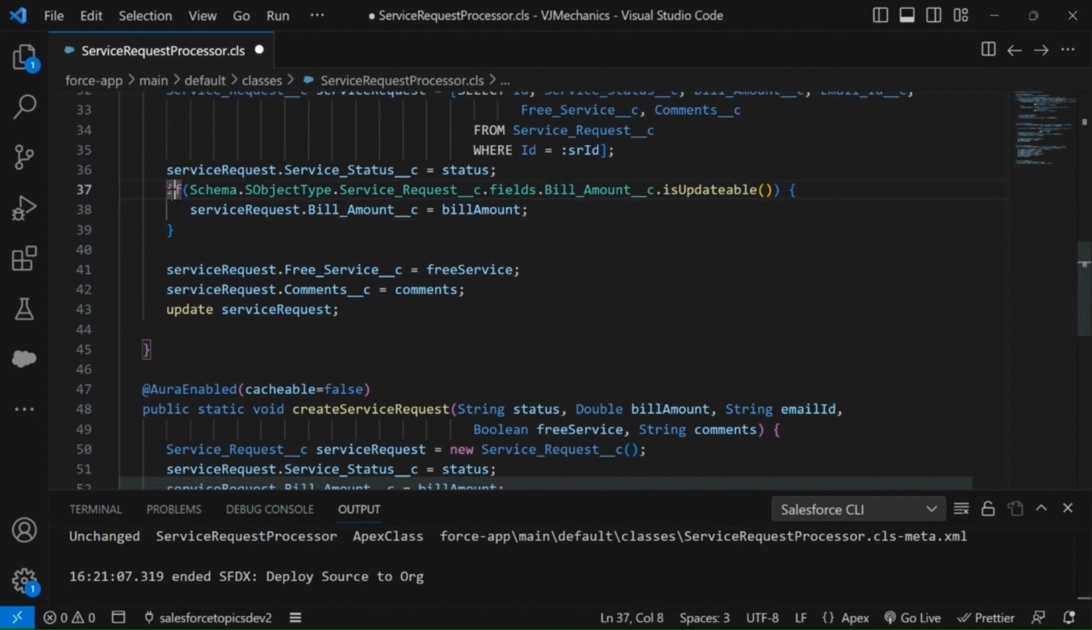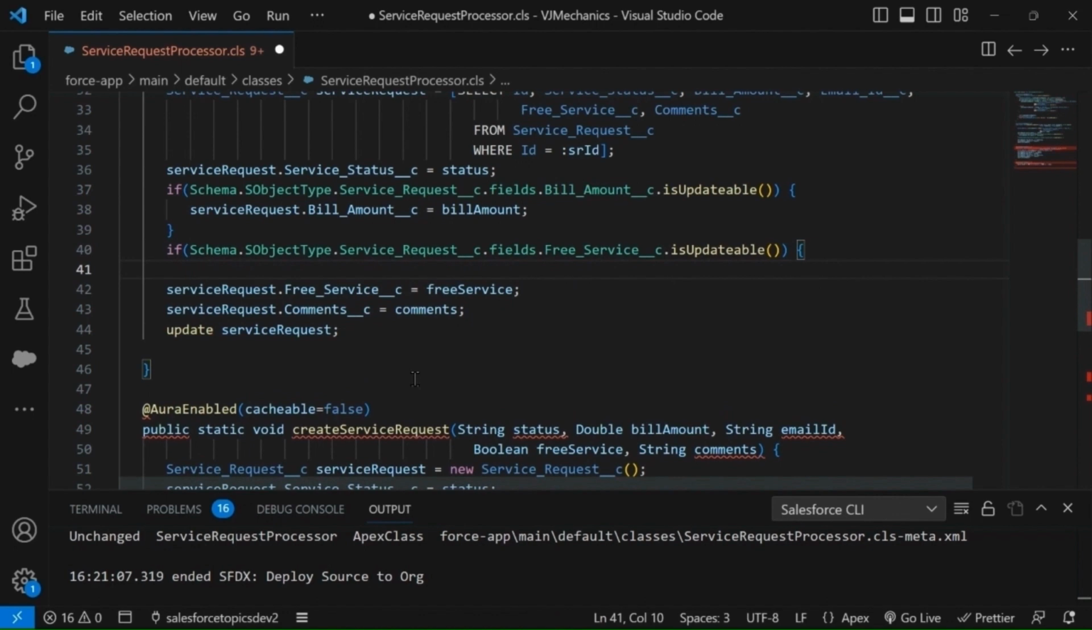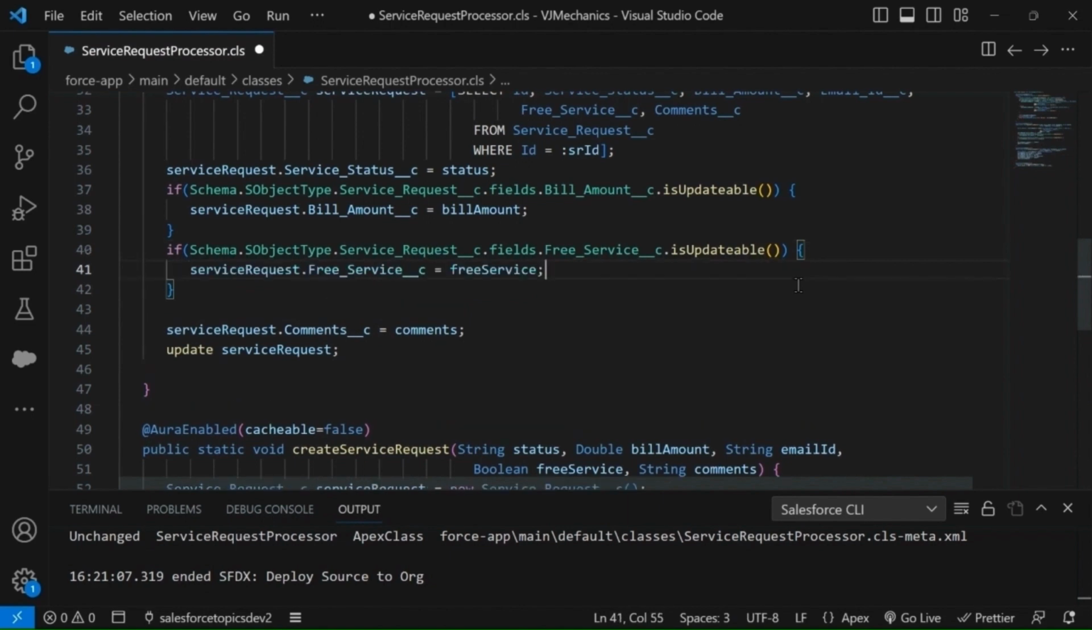And in the same way, for the free service, we are going to add another if condition, the free service field, whether this free service is updatable or not. If it's updatable, then only we are going to update that free service into this object. Ultimately, this service request record will be passed to this update statement, and only the updatable fields get updated by